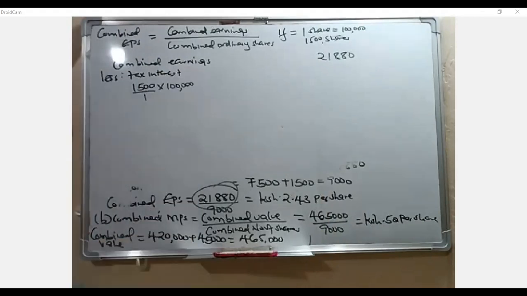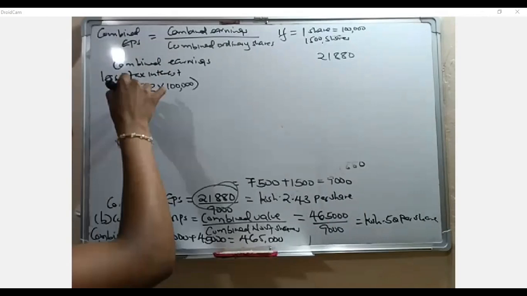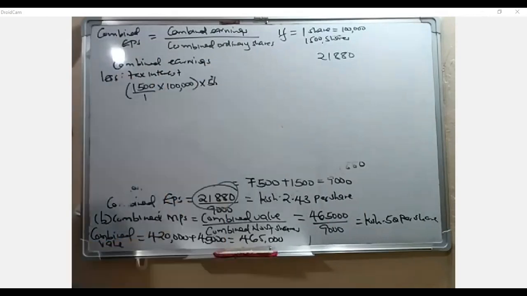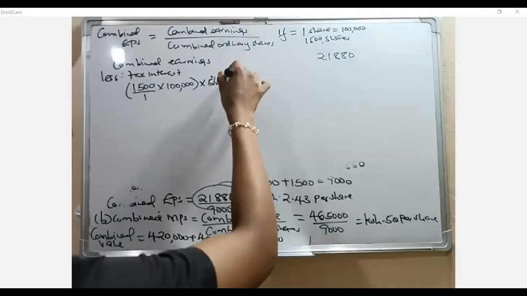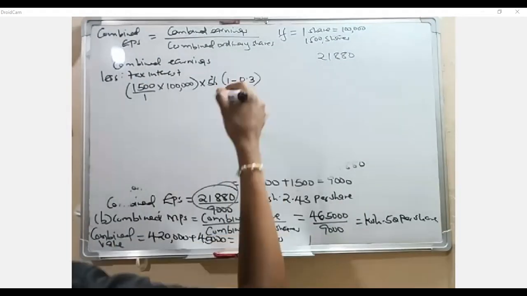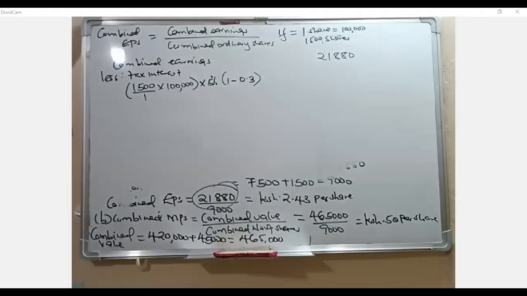Then you multiply by 5% to get the interest. You multiply by 5%, right? Then you adjust for your tax. So in this case, because we want to get the net of tax, I just multiply by 1 minus 0.3, because I just want to get the net of tax. And in this case, you remember that you have to be doing your computation from here.